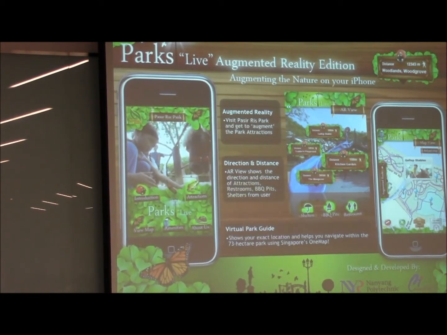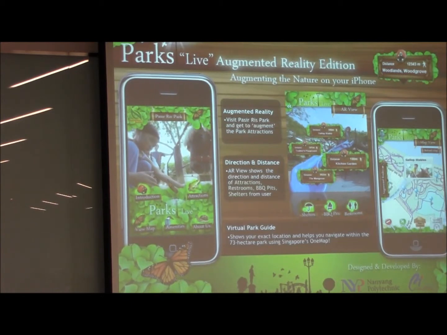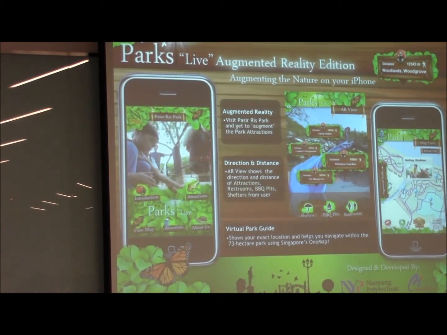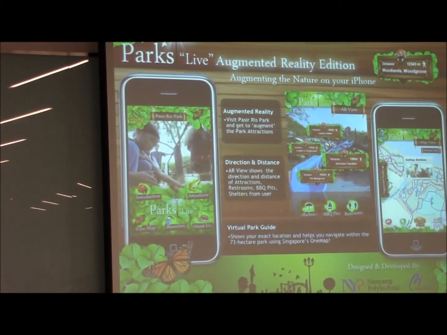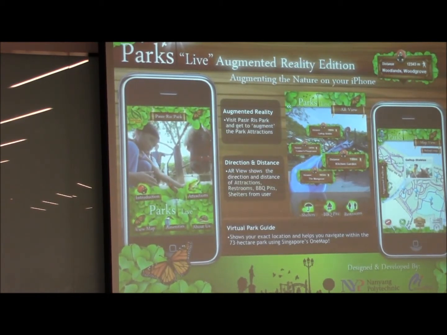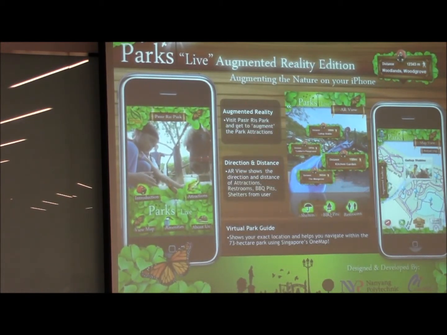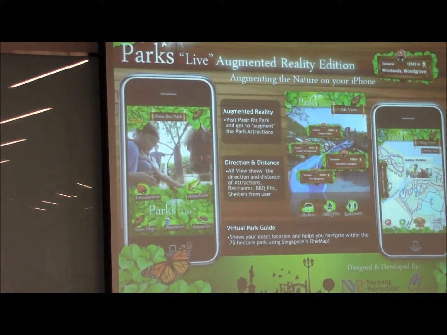So 3 months before, we came with this app. We worked together with MParks. MParks keeps a lot of data, even to the point of the number of trees along the road, what kind of trees, and the technical names of the trees. We were supposed to plot how many trees there are and at what position. So we worked together with MParks and SLA. At the time, there was no data.gov yet. So we helped MParks get some of the data and push it through One Map, and that's where we consume this information on One Map. So I can show you the app.